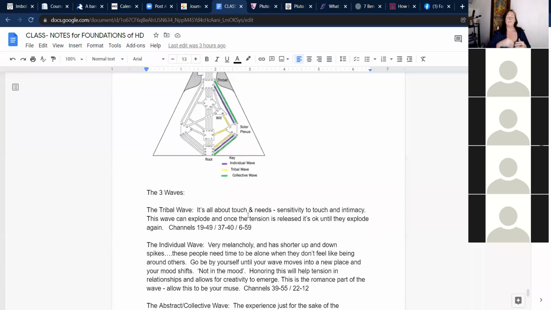So basically, if you have these gates at all, it doesn't even have to be the whole channel, you could just have one of those gates, and maybe your spouse or child or coworker has the other gate, and it completes the channel. Or maybe a transit is coming in and completing the channel. It doesn't really matter. But if you have any of these gates here in the yellow, or anybody that you know does,